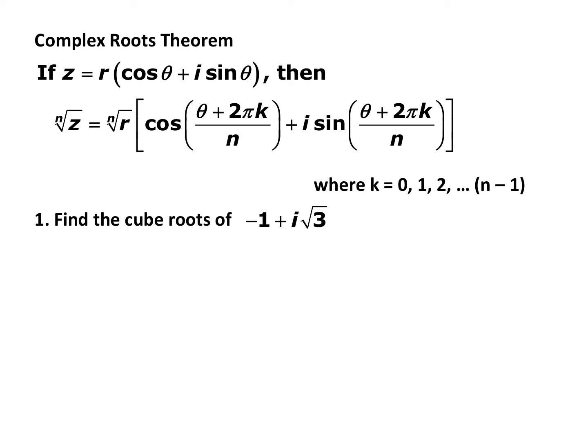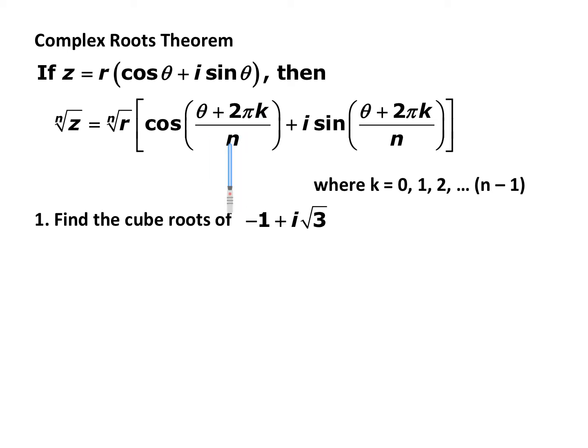So if I'm given z equals r cosine theta plus i sine theta, and I want to find the nth roots of it, then the nth roots are going to be the same thing. I'm going to take the nth root of r. Whatever I'm doing to z, I'm going to do the same thing to r. But the angle is a little bit more complex. I'm going to take my angle, and I'm going to add 2 pi k to it, and divide by n,